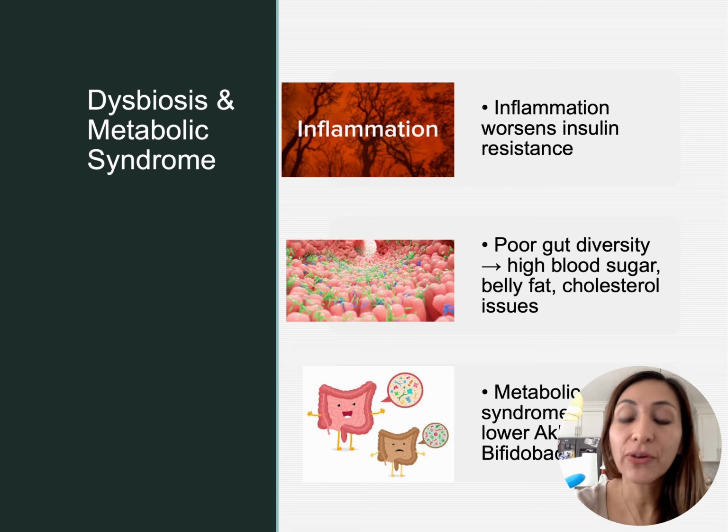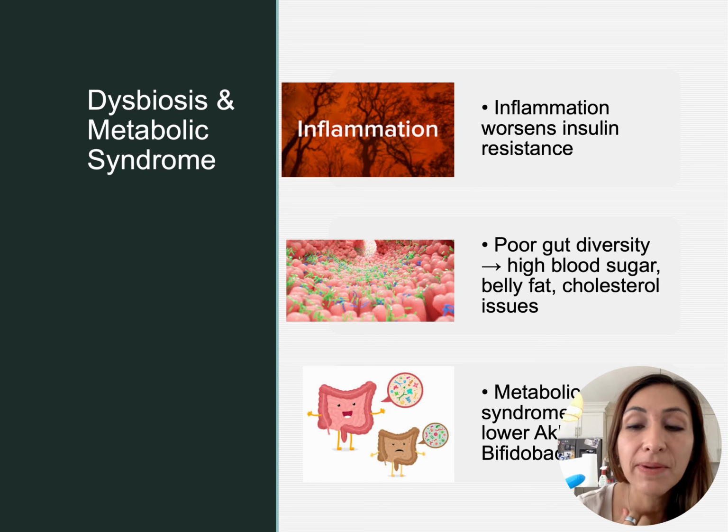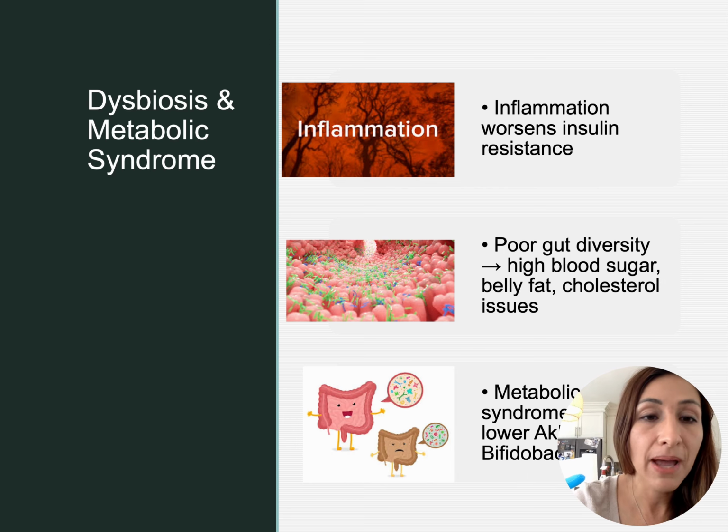Keep in mind those Akkermansia and bifidobacteria, those are good bacteria. They're great for your stomach. We will be talking about the different kinds of bacteria, bad bacteria and opportunistic bacteria, in another chapter. But basically, when good bacteria and bad bacteria are out of balance, it's definitely creating an opportunity for metabolic syndrome, leaking of toxins into your bloodstream, and creating inflammation.